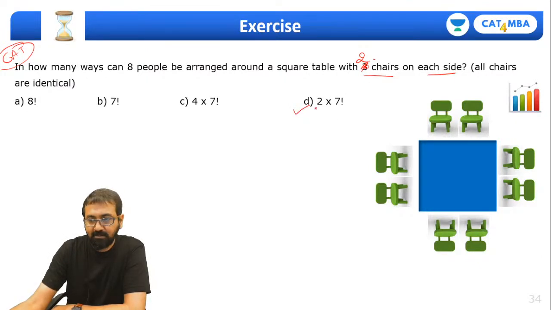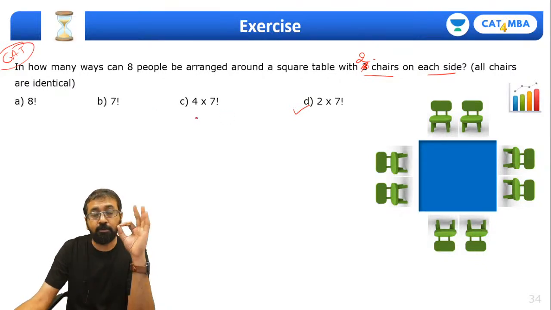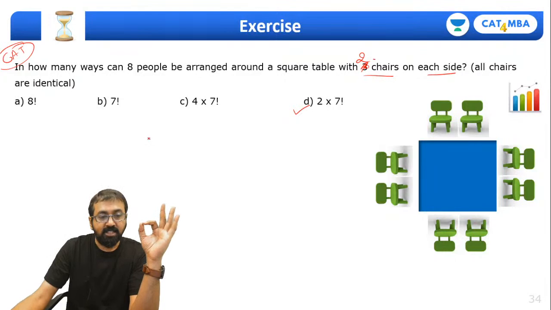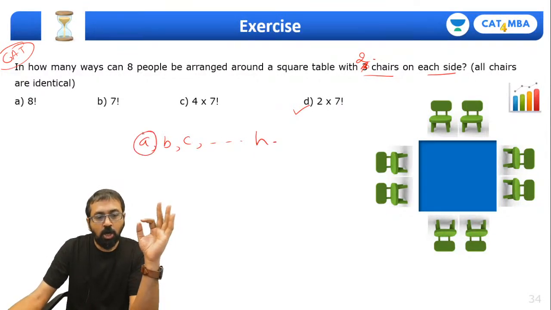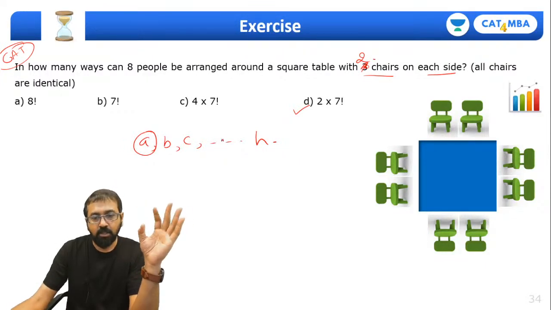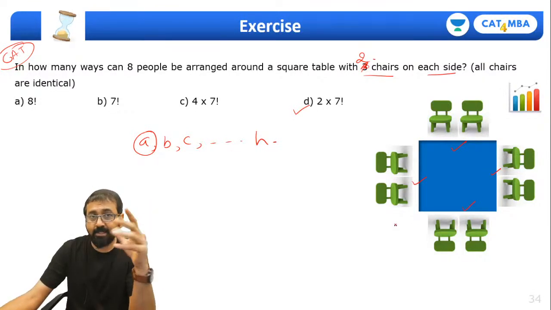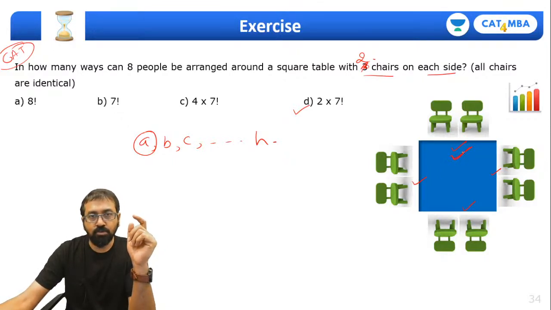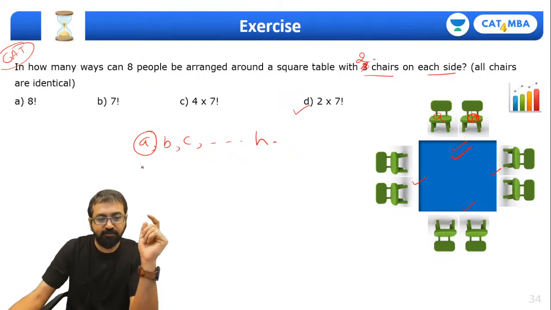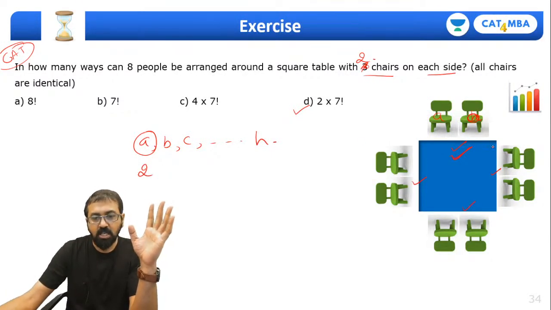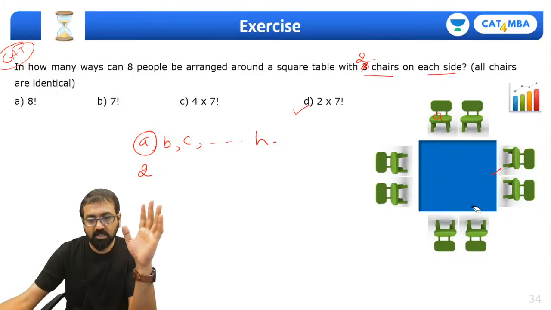Yeah, it's option D. Many of you got it right. So guys, as I mentioned, again it's a closed arrangement, so think from the first person's perspective. Let's take these 8 people as A, B, C, D up to H. So how many different positions does A have? Now these 4 sides are definitely the same, so on which side A sits doesn't matter. But if we choose this side, suppose, A can sit on the left chair or on the right chair. So for the first person there are 2 different positions. Now suppose we fixed A on this chair.